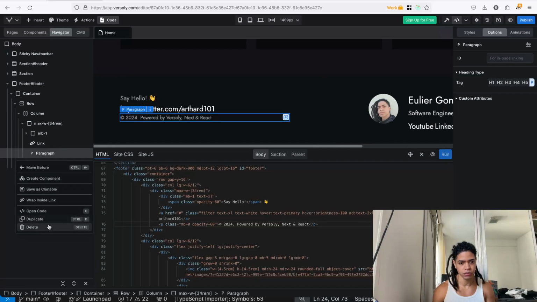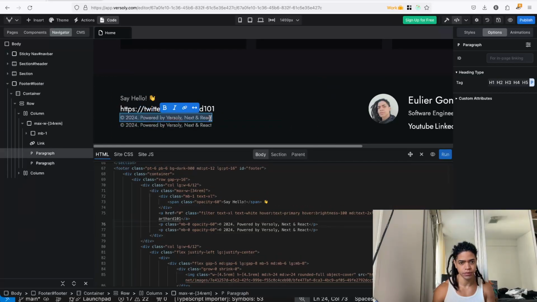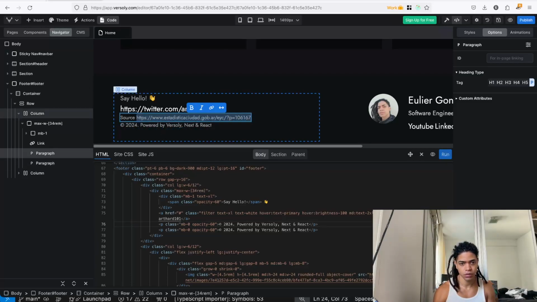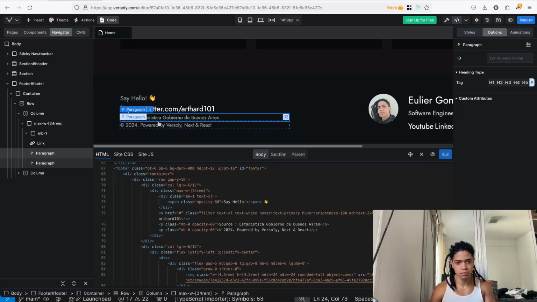We can add a new paragraph here and say data source. Exactly.